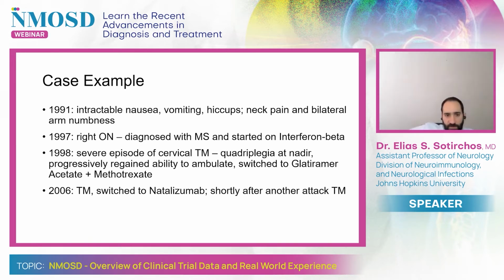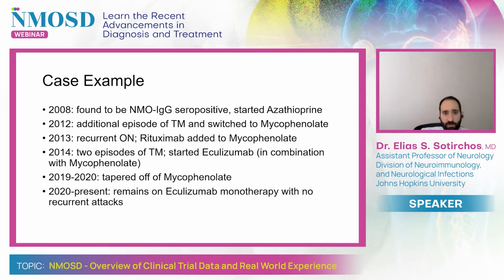There is some evidence of off-label use of some of these immunosuppressants in neuromyelitis optica, but she then experienced transverse myelitis and was switched to natalizumab, which also may lead to an increased risk of relapse in NMO based on descriptions in the literature and case reports and case series, and then shortly after that experienced another attack of transverse myelitis. Subsequently, she was finally found to be NMO-IgG seropositive, given the availability of NMO-IgG testing at that time, and transitioned to